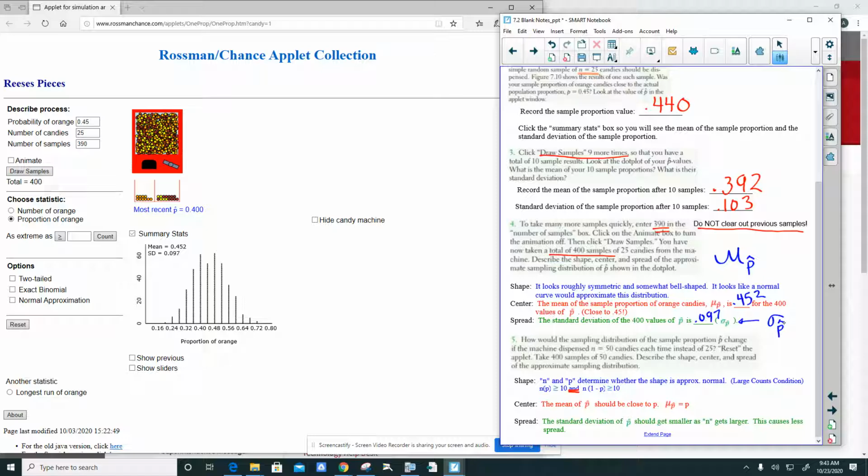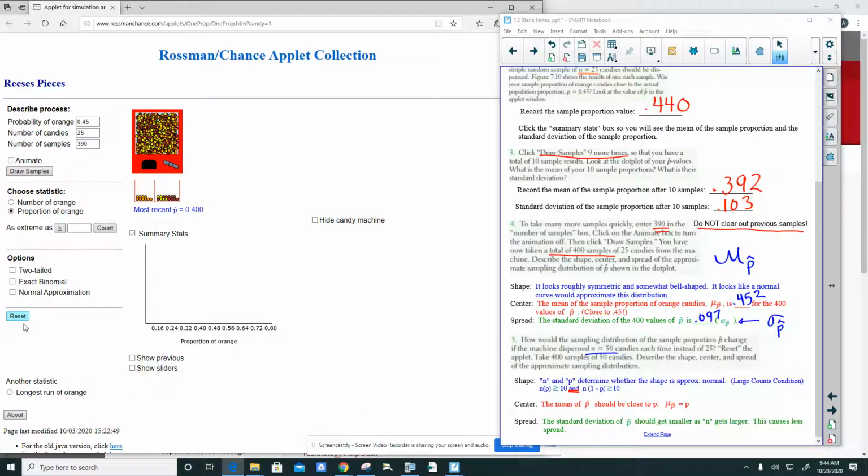It asks you down here in step 5, how would the sampling distribution for the sample proportion of p hats change if we made the sample size 50 candies instead of the 25 that we just did? Okay, so I'm going to reset this. I'm going to hit the reset button on the applet. That's going to clear everything out. I'm going to change the sample size to 50, so I'm doubling the size of my sample,